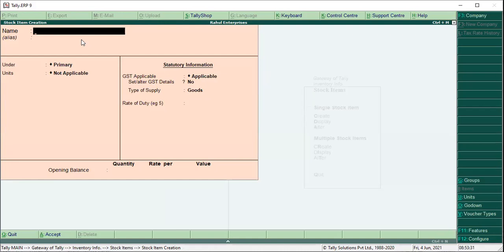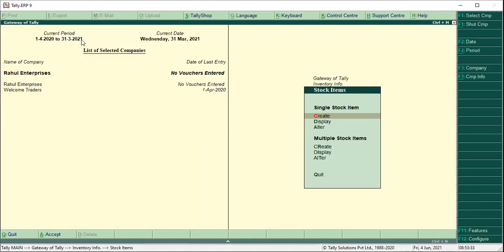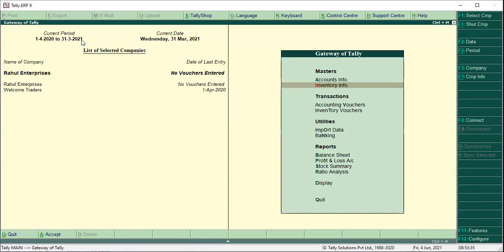A stock item. Now, the steps I am saying here: first you have to enable GST, press F11 and enter all the details here. Then you have to create a single ledger.